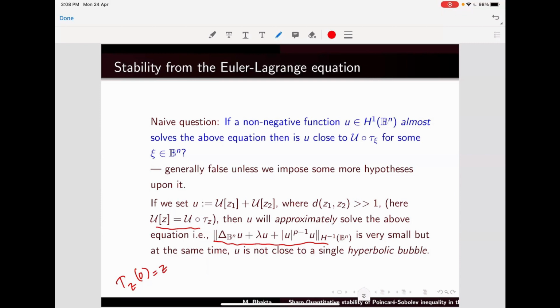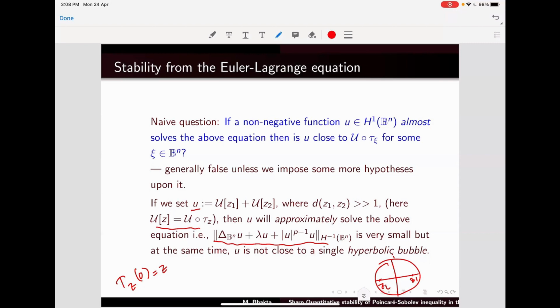You take the sum of uz1 and uz2, and you choose z1 and z2 in such a way that they are very far away from each other. Like this is your ball, you choose one here, z1, and another here, z2, and they are very far away because in the metric we are talking about, their distance is quite big. So in that case this small u will almost solve this equation,